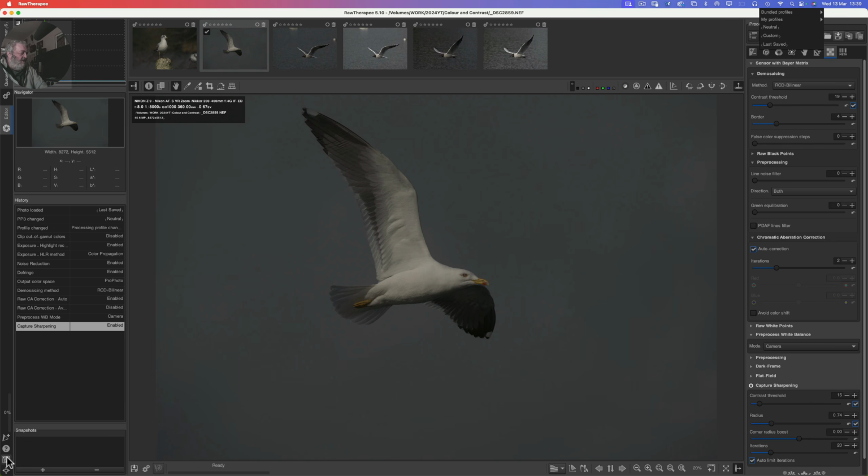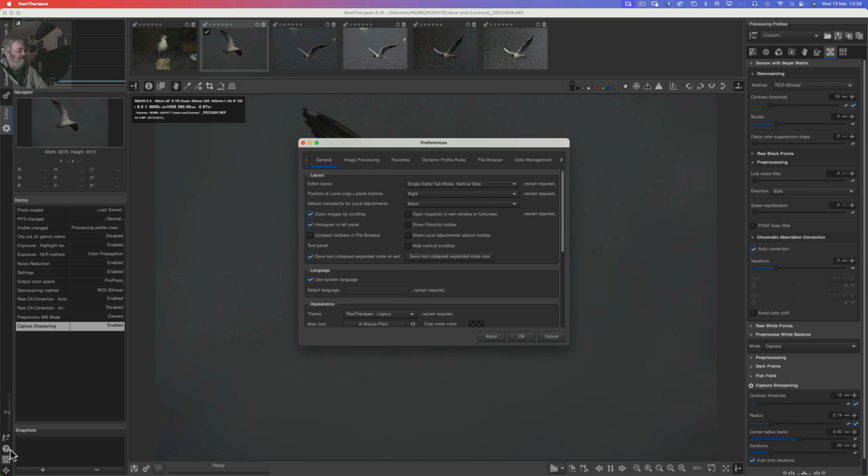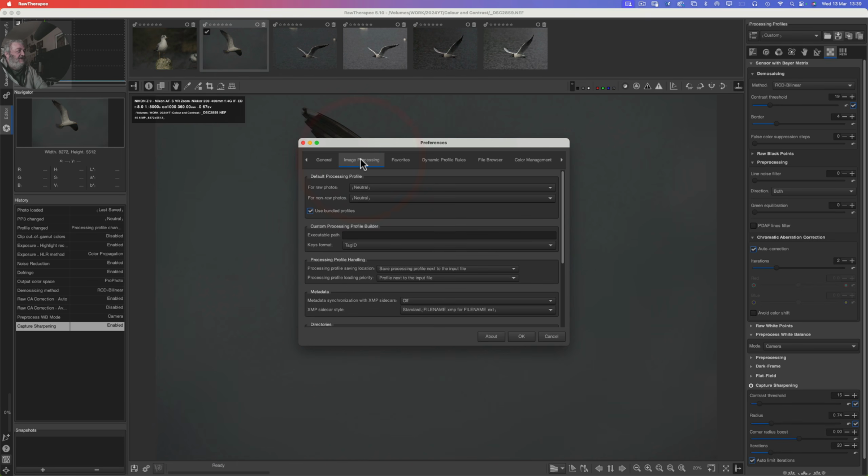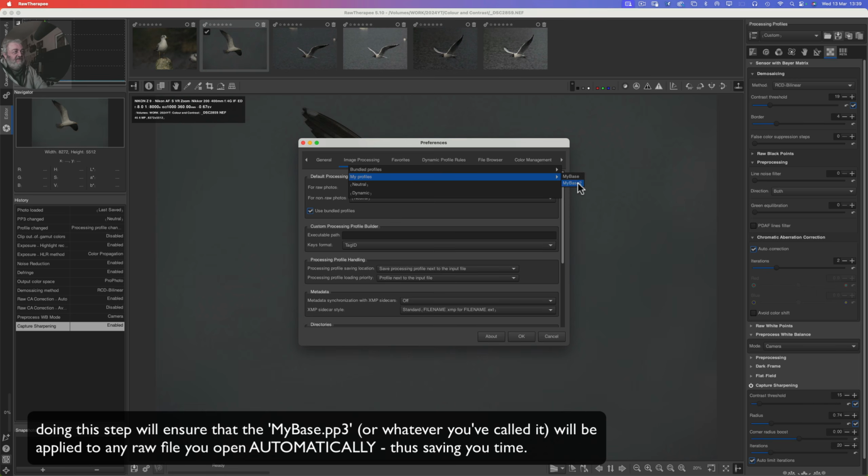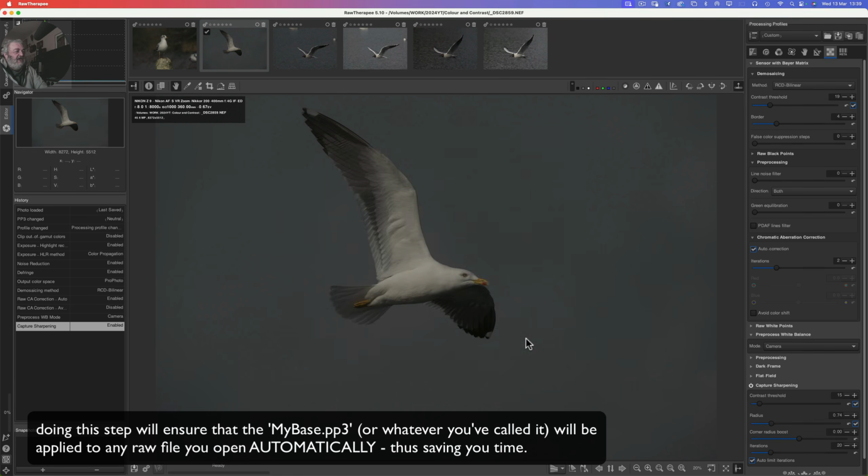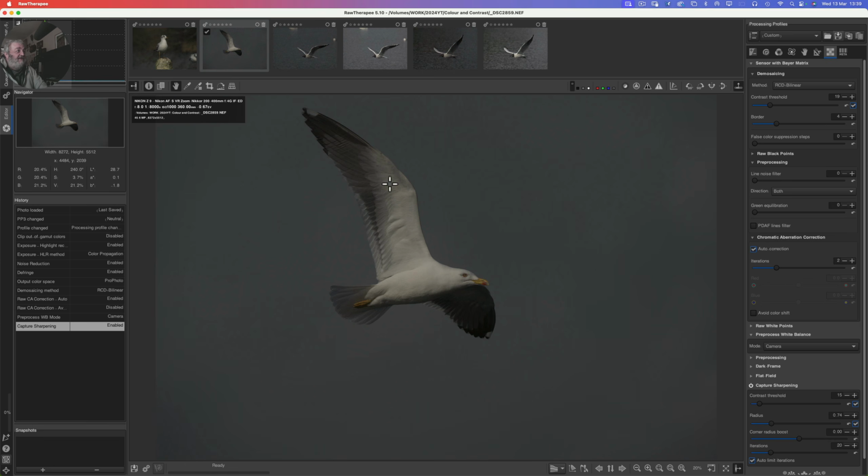But if you come back over to your preferences and we open that, there we go, and we go to image processing for raw photos, and you can now change that to my profiles, mybase, or mybase2. I'm just going to stick mybase on there and click OK, and that, my friends, is it. So that if I go and choose another raw file,